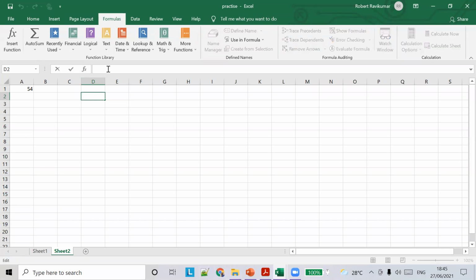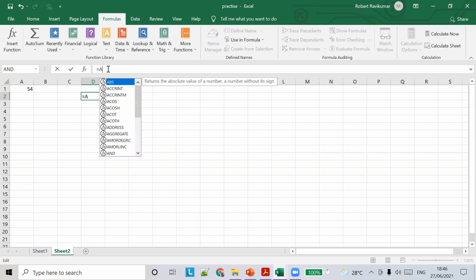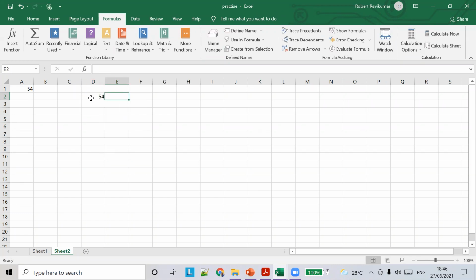What do we do? We use the cell reference. Is equal to A1. So now the contents of the cell are copied into D2. Even if you change this here, the value changes. So this is called a cell reference. This is how we refer a value from one cell to another cell.